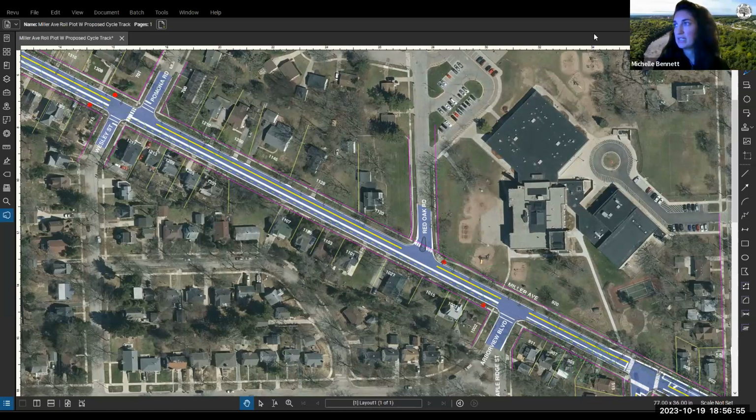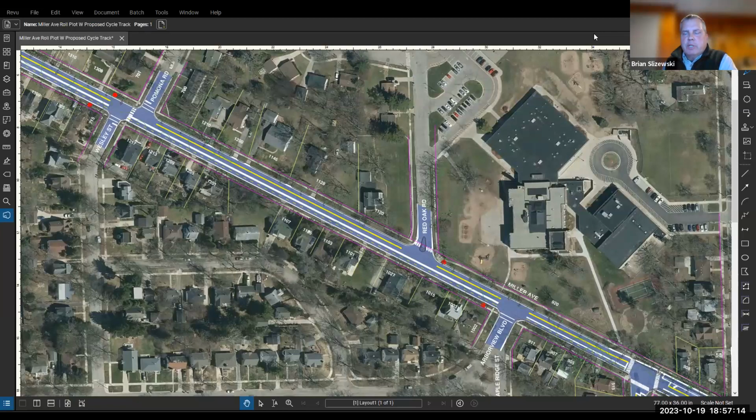Will there be significant delay between paving Miller and installing the cycle track? I would say it will probably be happening all as one thing once we get to the paving, because once the utility work is done and you start getting into repaving the road itself, that's probably when the cycle track work is going to be ongoing also.